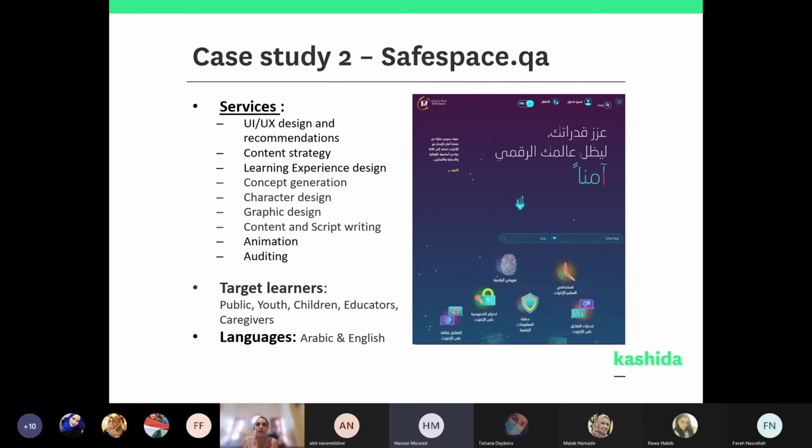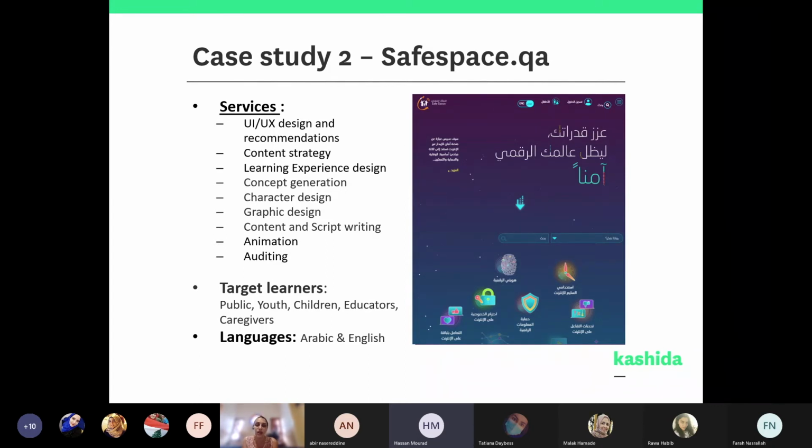What we did for them is reconceive their general platform in itself from a user experience and a user interface perspective, because they've had it for 10 years and they have been losing traction, even though they have collaboration between different ministries, including the Ministry of Education. It's an initiative by the Ministry of Transport and Communication. So we did user interface, UX design and recommendations.